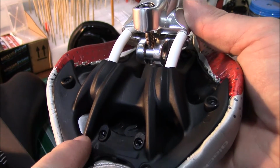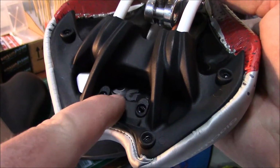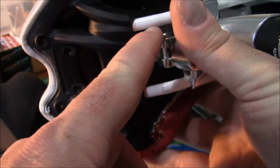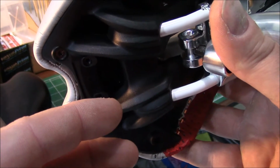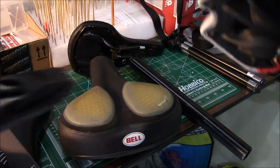If you notice here in the back, instead of using staples, yes, they've stapled the cover on, but they've bolted this piece in place. In fact, this is so heavy back here, in order to get a saddlebag back here, they actually have these little bolt holes, and you can actually bolt a clamp on here for your saddlebag if you really want some. As you can see here,